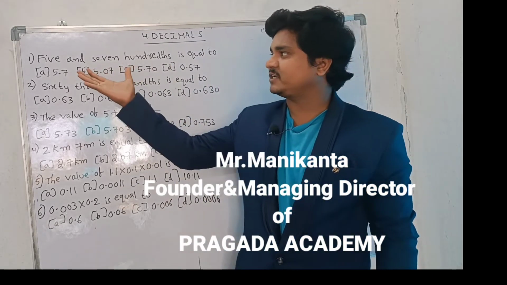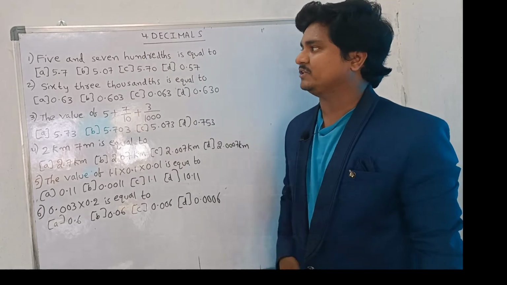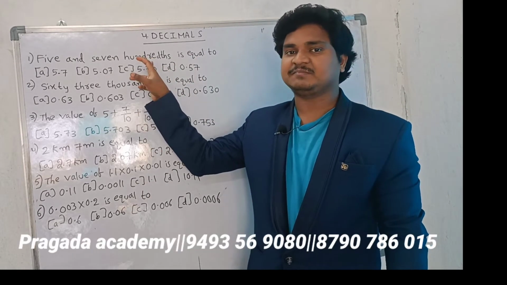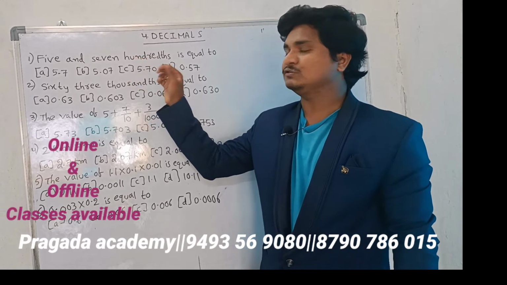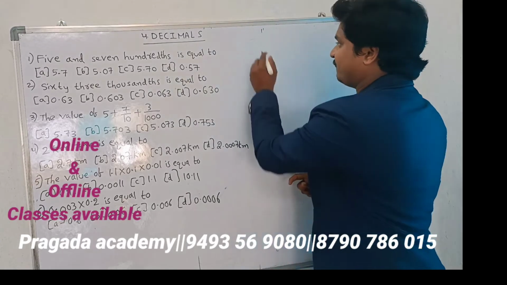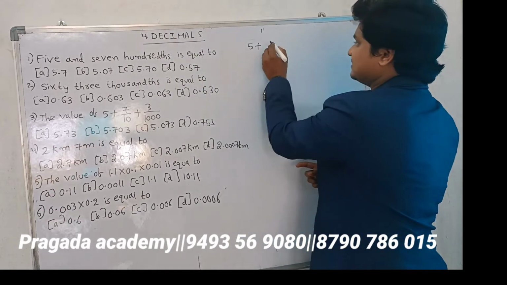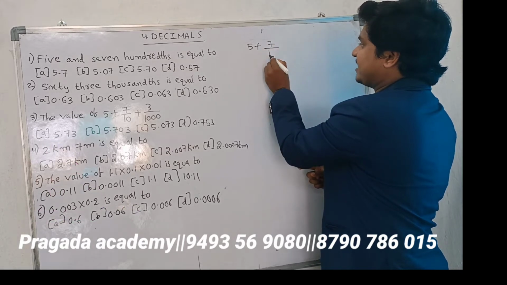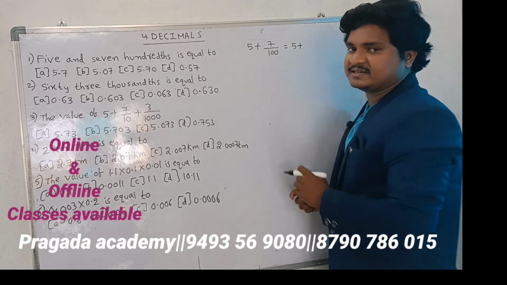See, coming to the first bit of decimals, 5 and 7 hundredths is equal to, they told. Hundredths is nothing but 1 by 100. Tenth is nothing but 1 by 10. Thousandth is nothing but 1 by 1000. Here 5 and 7 hundredths means 5 plus 7 hundredths. 7 hundredths means by 100 you should take. So it is nothing but 5 plus 7 by 100, which is nothing but